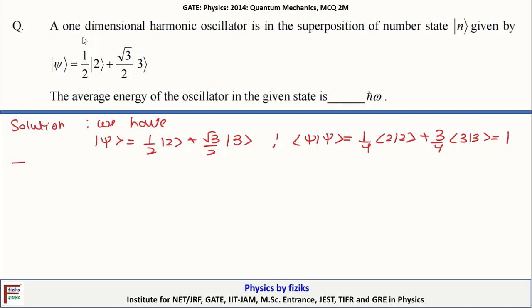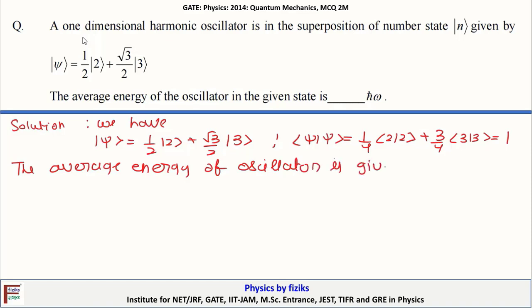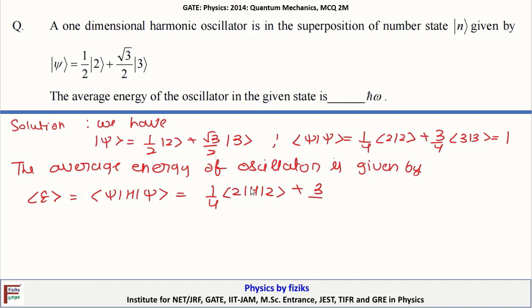Now, the average energy of the oscillator is given by average E is equal to <psi|H|psi>, which gives us 1 by 4 of <2|H|2> plus 3 by 4 of <3|H|3>, which turns out to be 1 by 4 E2 plus 3 by 4 E3,